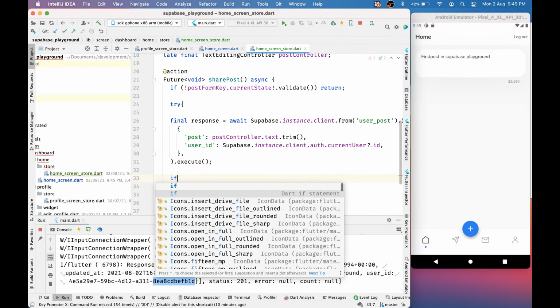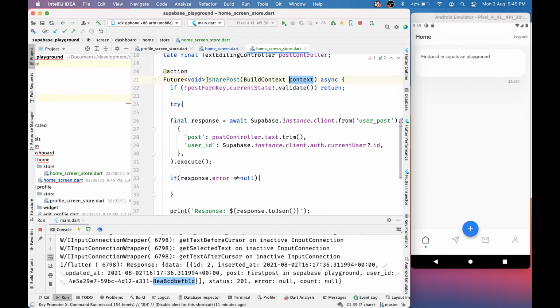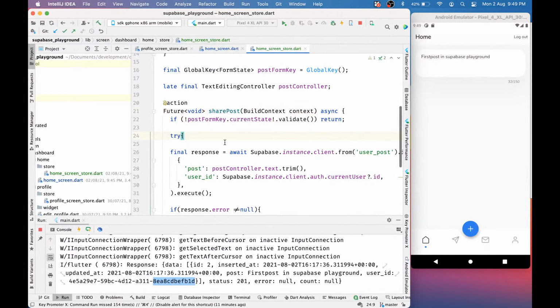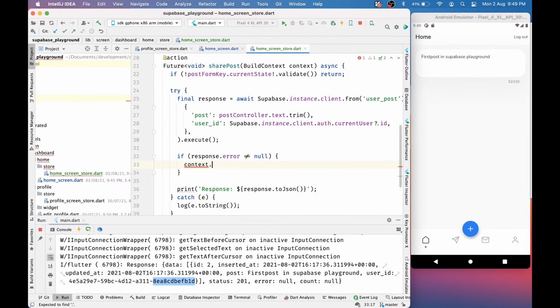Now if response dot error is not equal to null, then we will show an error. Let's pass a context over here as well, BuildContext, like I did in the previous video. Go to the share post usage, pass a context over here, go back to this side, and context dot